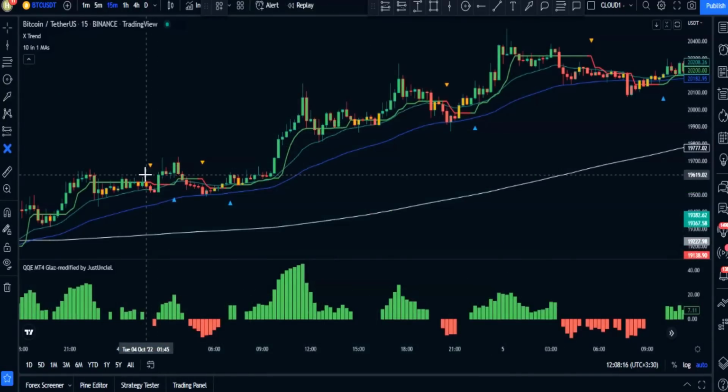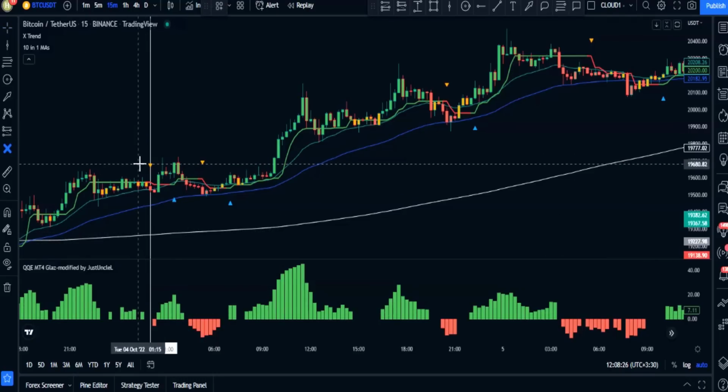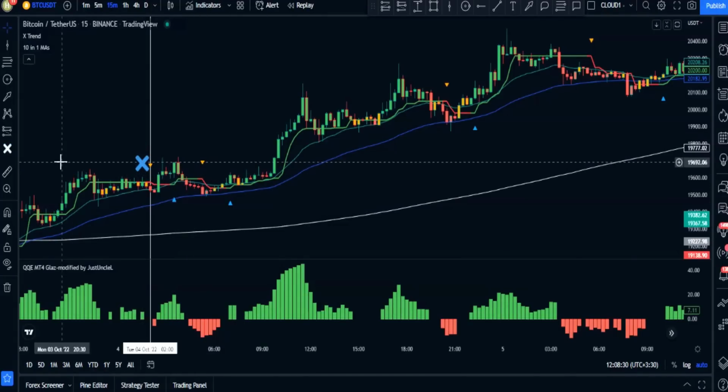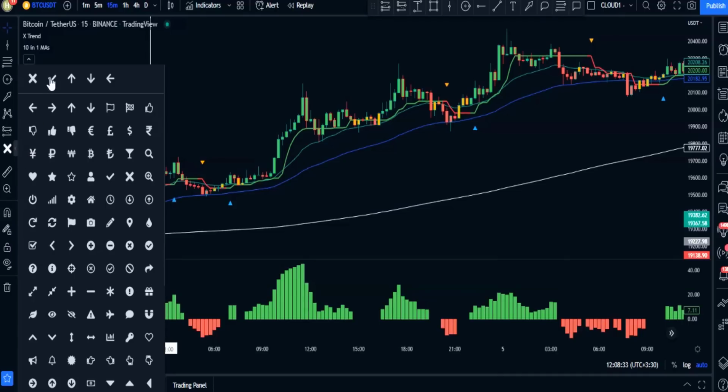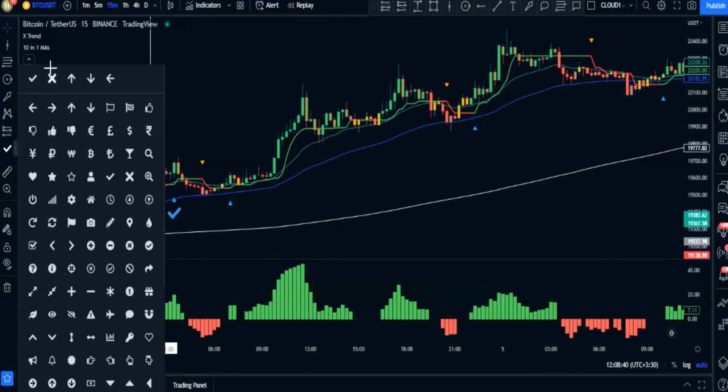Take a look at these examples. We have a sell signal here, but the sell signal is not confirmed with the QQE MT4, and also it's not confirmed with our moving averages because the close of the trigger candlestick is above our moving averages. So this signal is a fake signal. Let's get into the second one. The second signal is a buy signal, which is confirmed with the QQE MT4 and also is above our moving averages. And the third one is a fake signal because it is a sell signal, but the candlestick is above